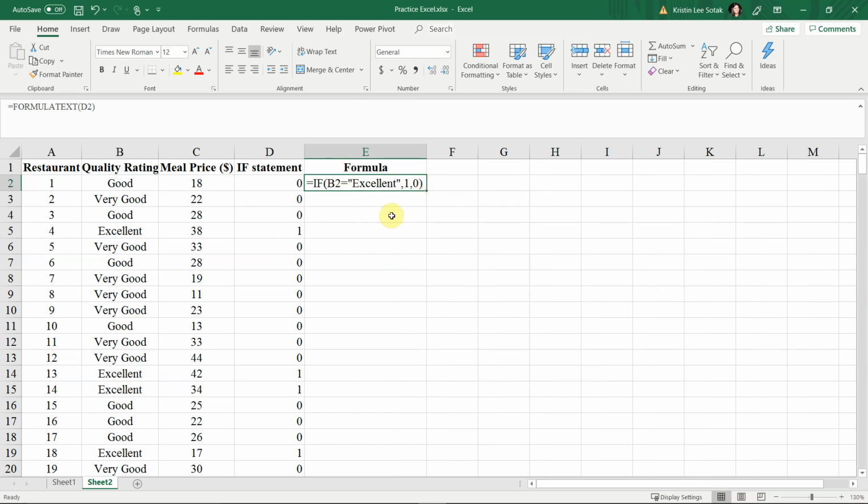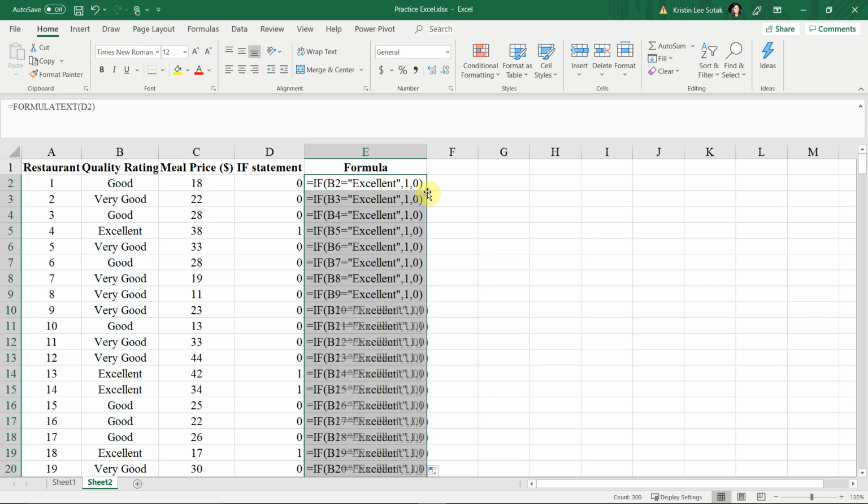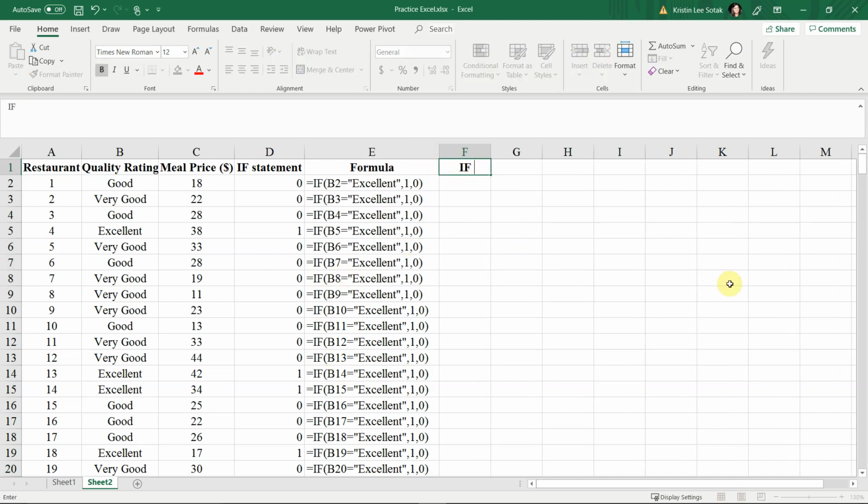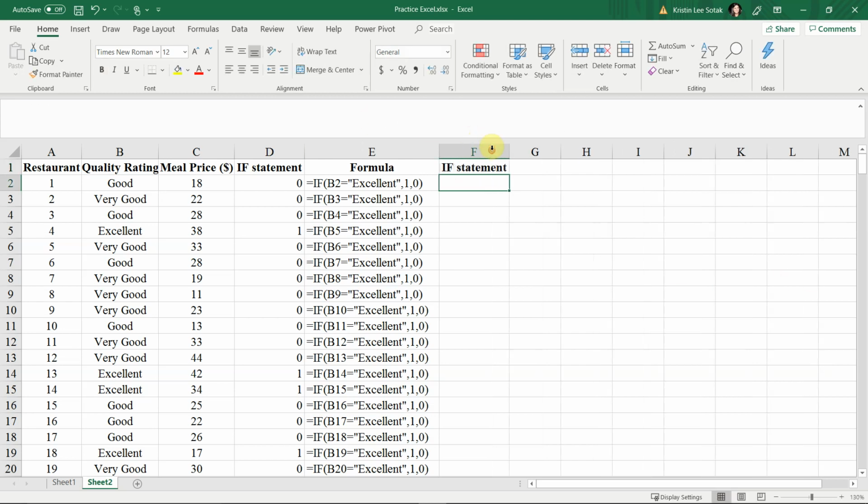Again, we want to copy and paste all of that. So what we can do is just hold our mouse over the bottom of the box, right? That bottom corner crosshair appears, double click, right? And it creates the formula for all of those, right? So we have that. So let's actually do another if statement